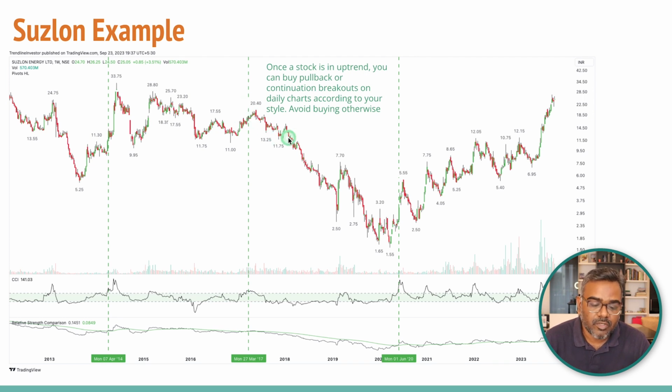Next, after this stop loss hit, the next time the stock crossed the previous pivot high was in June 2020. For the first time, it closed above 3.2. The pivot points came down, and it crossed here, and the stock went up, came down, and again, it's been an uptrend even now, right? So right now, the stop loss is around here. It's pretty deep, but that's how investing in these kinds of stocks is.